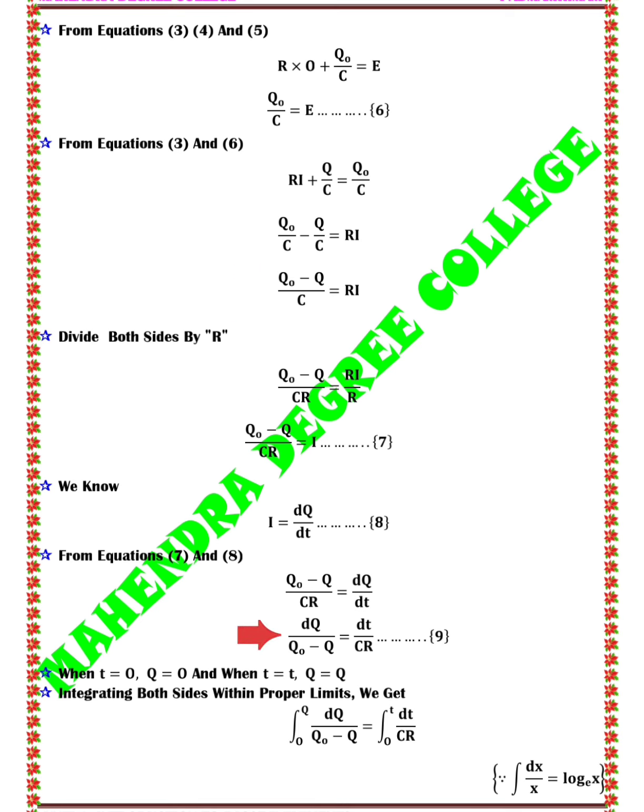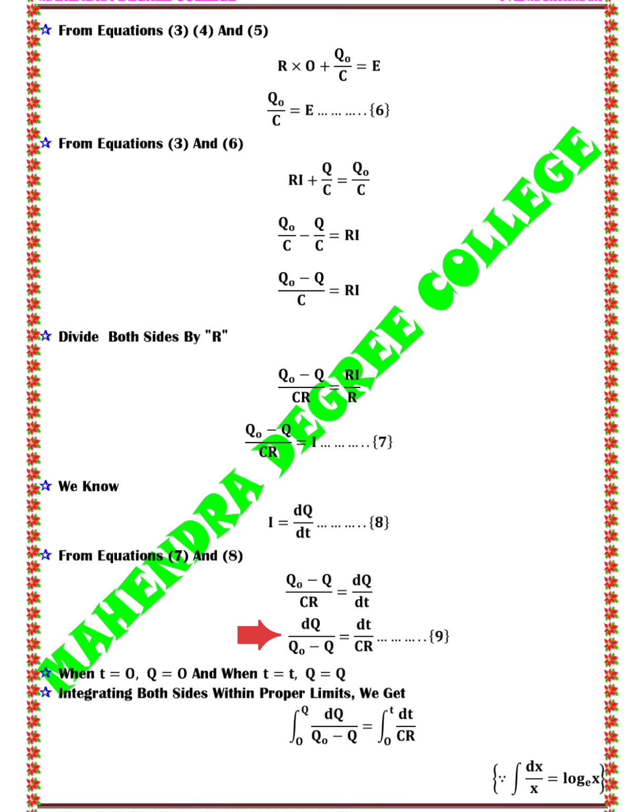Rearrange the above equation to form a separable differential equation. We get dq by Q naught minus Q equals dt by CR. This is equation number 9,